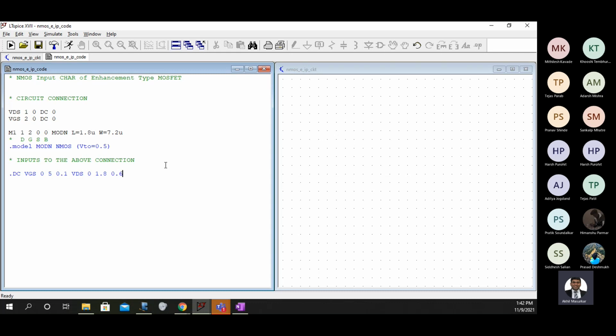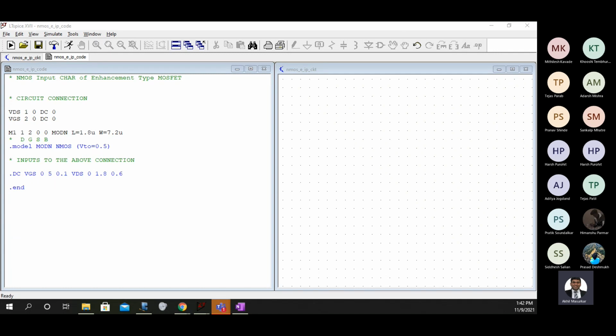That means show me the characteristics at VDS equal to 0.6, show me the characteristics for VDS equal to 1.2, and also show me the characteristics for VDS equal to 1.8. And then you say dot end. So all of you will post this output in the chat box.